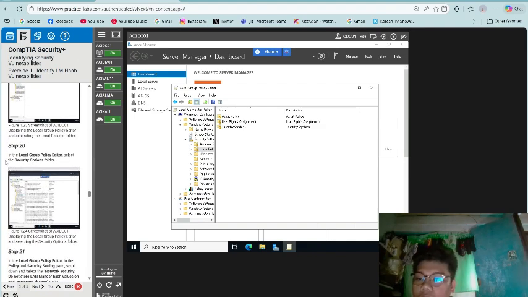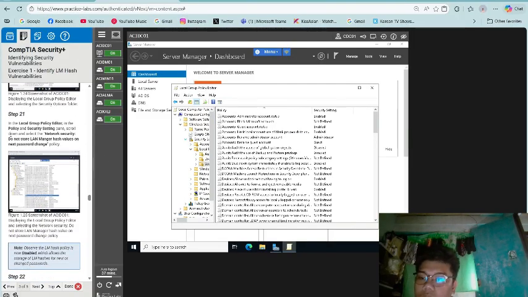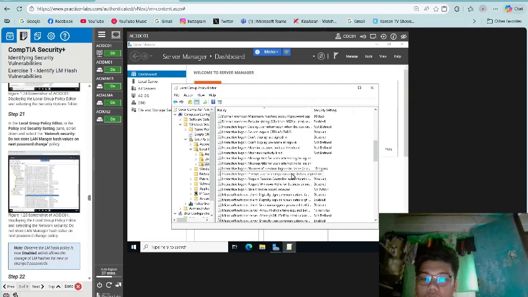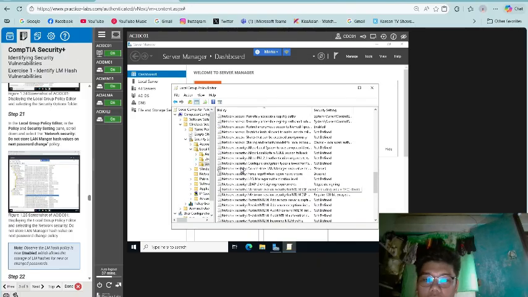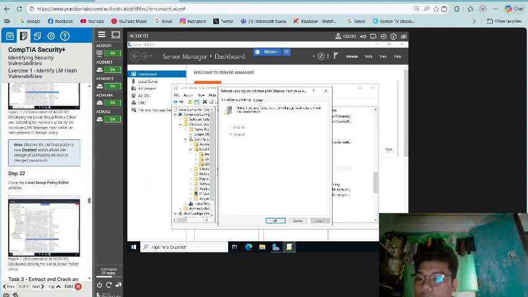In the local policy editor, select the security options folder. In step 21, in the policy setting pane, scroll down and select network security: Do not store LAN Manager hash value on next password change policy. So note, observe the LM hash policy is now disabled, which allows the storage of LM hashes for new password changes. So close the local group policy editor window.